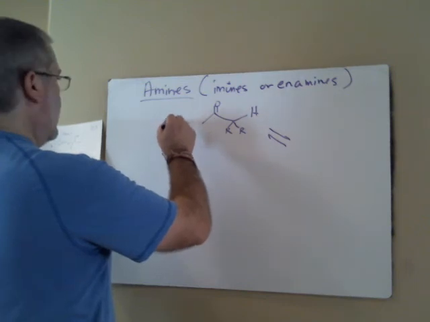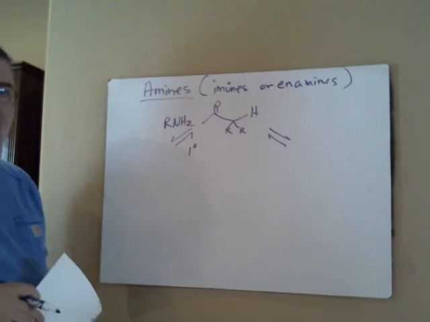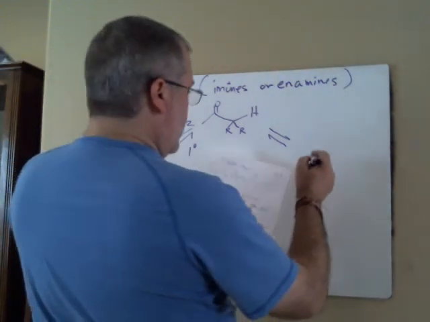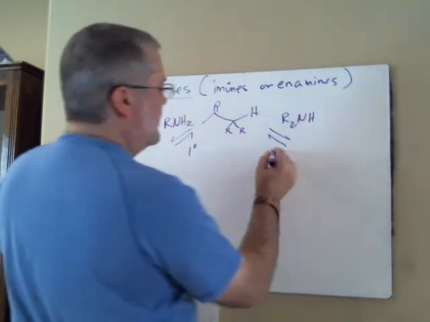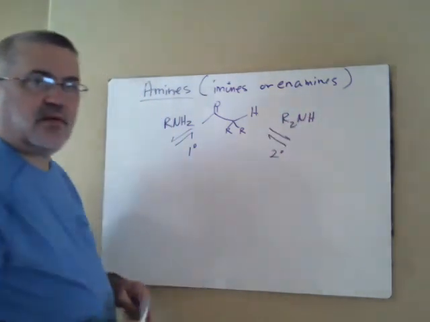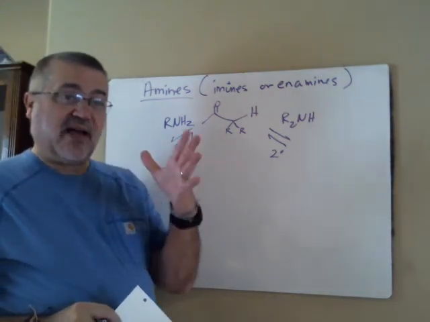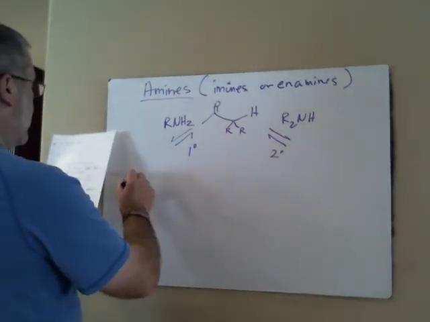If we have a primary amine, where it's NH2, it's going to have a different reaction than if it's a secondary amine. So we have to divide those into different categories. And mechanistically, we're going to explain what happens in the difference. But the result is,